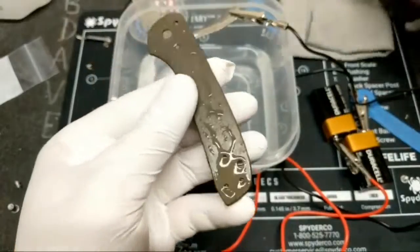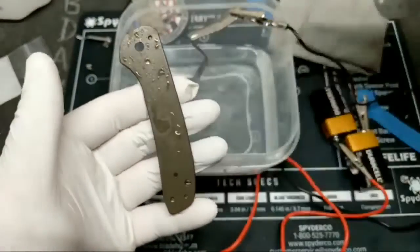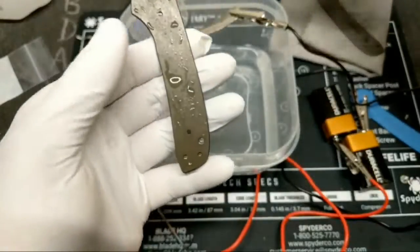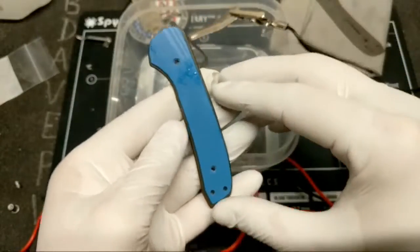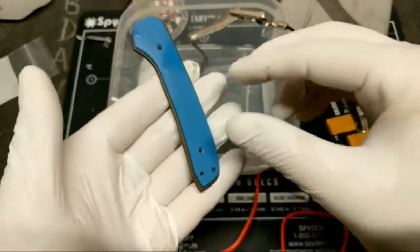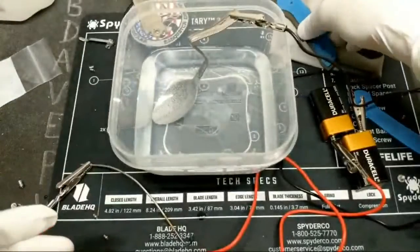Alright guys, this is the difference. So, that's what it's going to look like. I think that looks pretty cool. So, yeah, it did bronze. I'll let it dry, but...